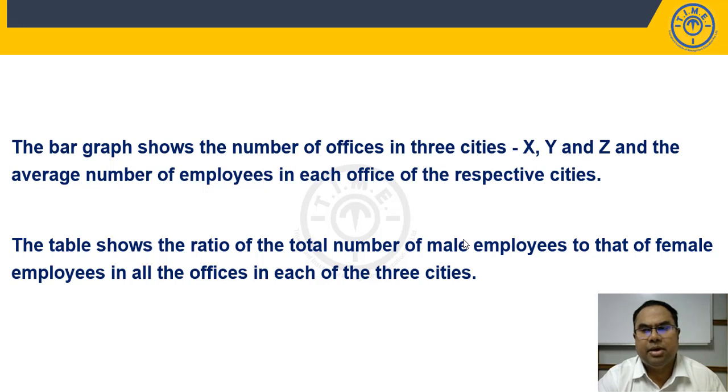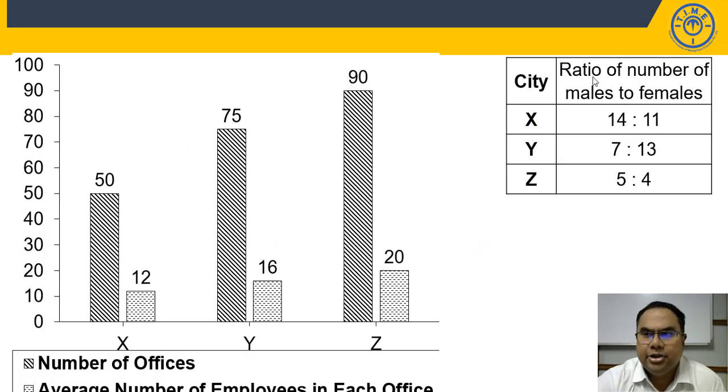The bar graph shows the number of offices in 3 cities and the average number of employees working in each office of their respective cities. The table shows the ratio of total number of male employees to that of female employees in all the offices in each of the 3 cities. Now see here, ratio of male and female in all the 3 cities he has given, and number of offices 50, average number of employees is 12, here it is 75, average employees is 16, 90, so I can find out